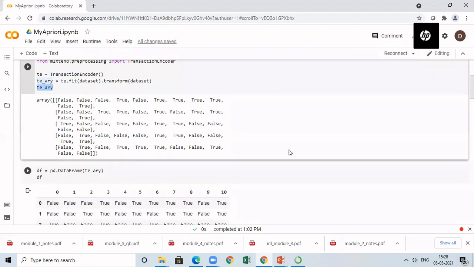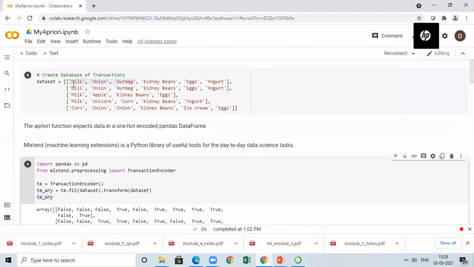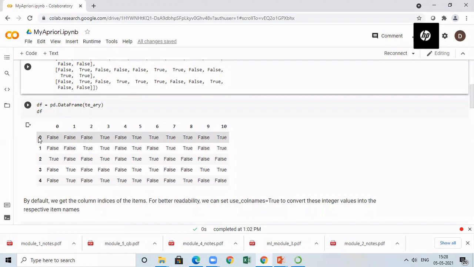When I list this data frame object df, you will get some information like this. So what is the meaning of 0 to 4? It will tell you how many transactions you have in your data set. If you consider your data set or database, totally we have 5 transactions. So I am getting totally 5 rows here, 1 row for 1 transaction. Then the columns are going to give you the unique entries. So totally I told you there are 11 unique entries. So you will have 11 columns starting from index 0 till index 10.